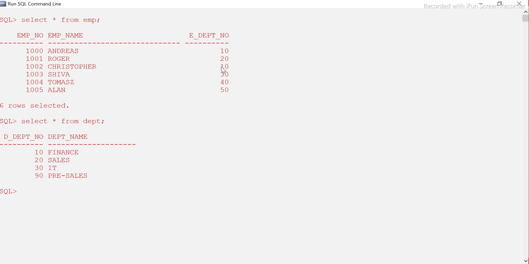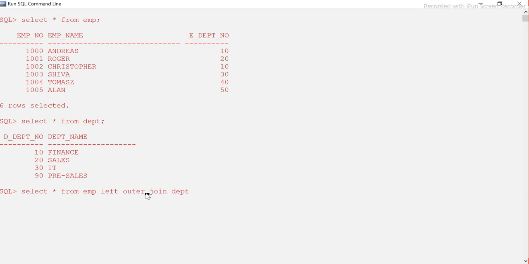So let's first run a left outer join and see the output. Let's say I am putting the left outer join and I am considering the employee table as the left table. So let's say select star from EMP left outer join DPT, because wherever I say left outer,